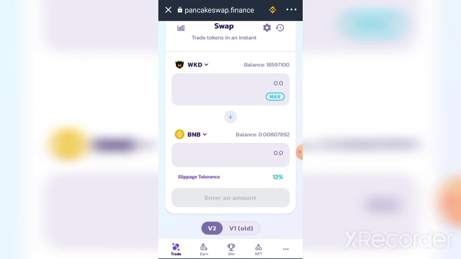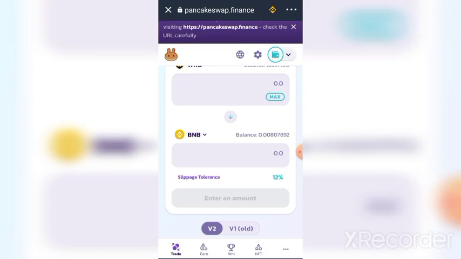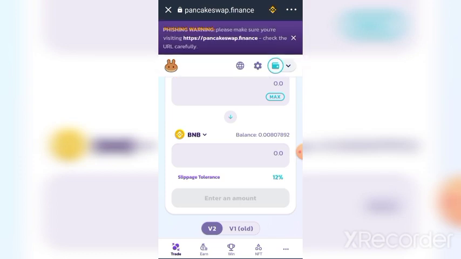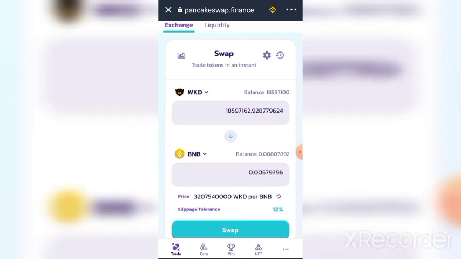If you want to swap the position, initially when we started, BNB was up, Wakanda Inu was down. If you want to know how I switched it and Wakanda Inu came on top, it is this particular arrow. So Wakanda Inu is the one you are swapping to BNB. What you are going to do is put in the quantity of Wakanda Inu you want to sell. Let's say you want to sell everything, you click on max. But I advise you not to sell everything. Depending on the quantity you are holding, that will determine the amount you want to sell.